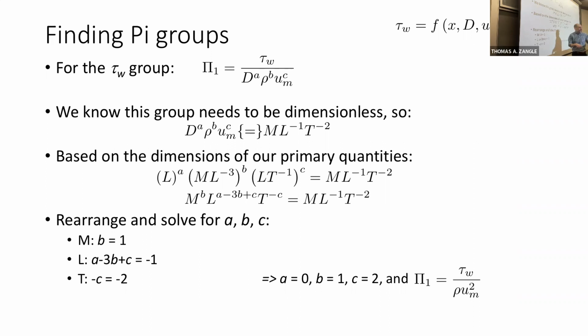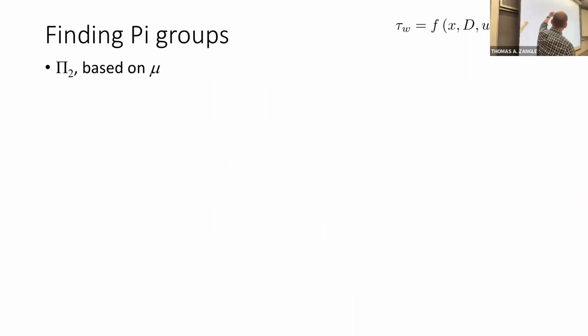Okay. So now we're going to look at the second, right? So we have 1 of 4, so we solve for 1 pi group out of 4. Now we're going to move on and look at mu next. Pi 2 is going to be based on mu, so we're going to go through and do the same process. We're going to take the dimensions of mu and write out the form of our pi 2,